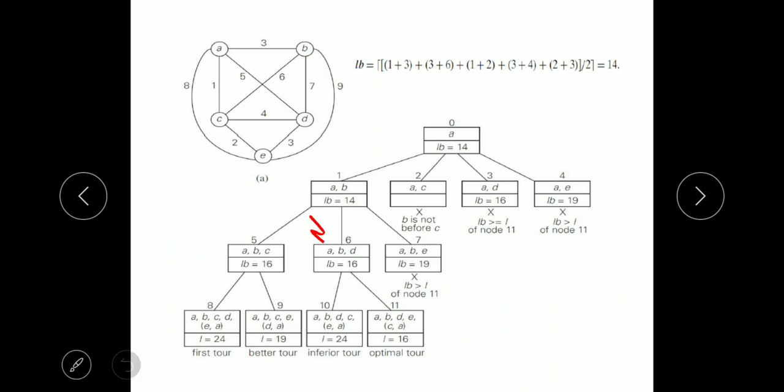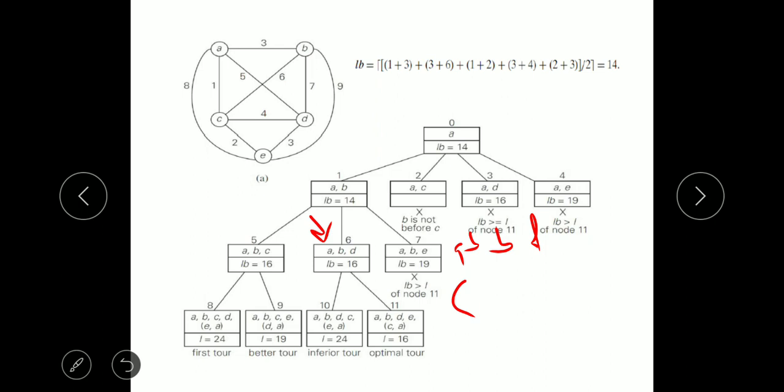Now we move on to the second choice of the tour. We now try to include edges A to B and B to D in the Hamiltonian cycle. So what is the lower bound here? Firstly, we start from vertex A. What two edges are to be included? One is A to B and the other is B to D. It means that we are also supposed to include the cost of edges B to A and D to B, right? So here we start from vertex A.